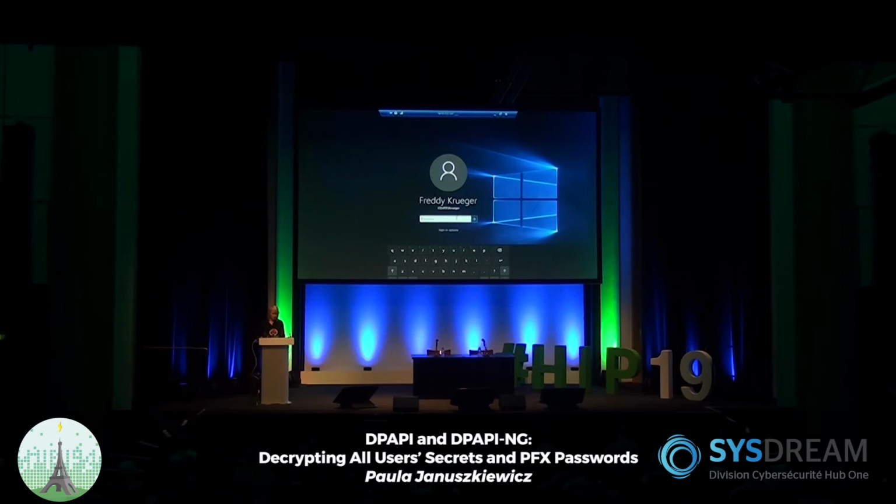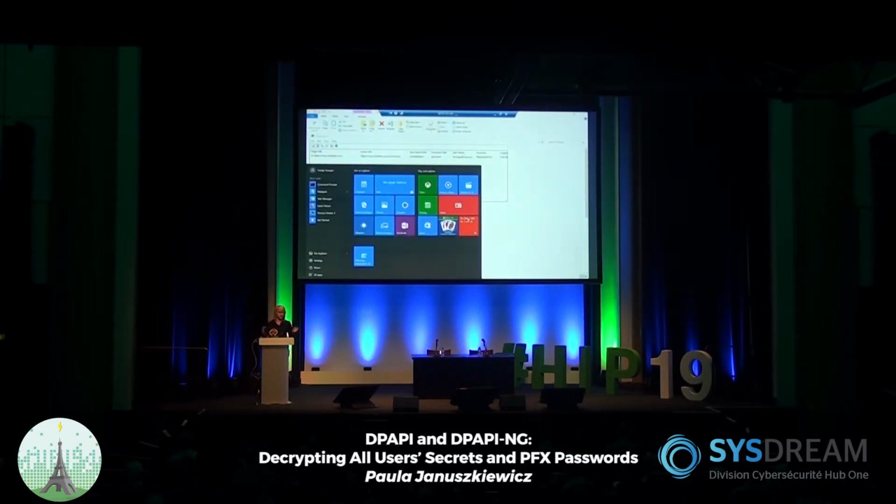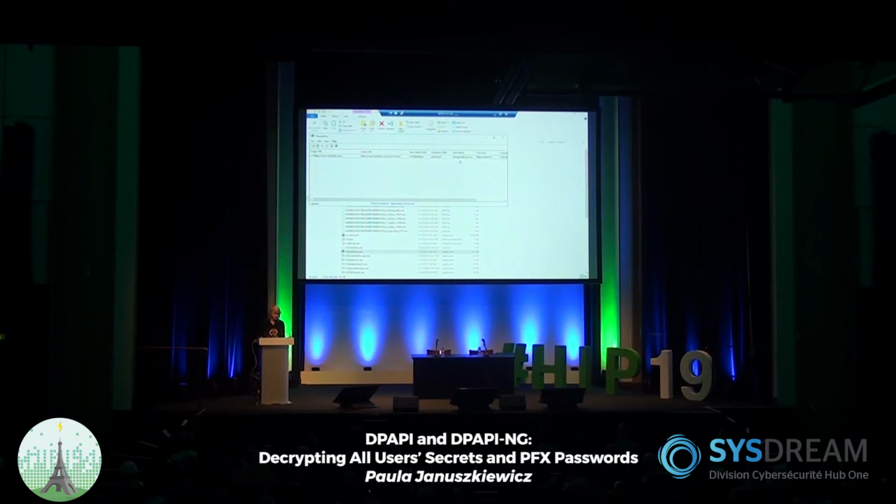So let me show you one thing first. I'm going to lock the desktop. You can see that I am a domain user here. So I'm going to log on, Freddy. And let me show you the password. Password is password. And I'm logging on, and that's done. So I'm basically logging on to the domain, not a big deal. Now, I can see the password, everything is fine.